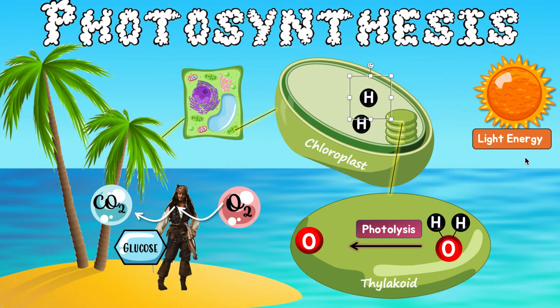Now we have hydrogens here, but how are we going to make glucose with just hydrogens? Because we know, in actuality, glucose is made up of three things. Carbon, right? A lot of carbon, 6 carbons. It's made up of a bunch of hydrogens, and it's made up of oxygen. So right now we only have hydrogen, so we cannot make glucose. So how are we going to make glucose? We're missing carbon and oxygen. Can you think of where on this page we can get carbon and oxygen?